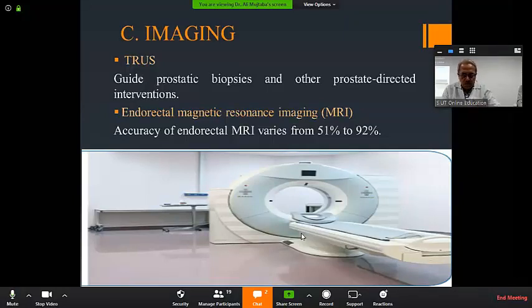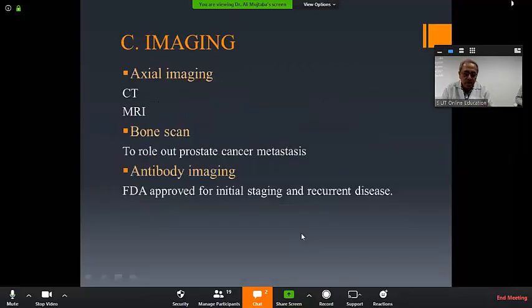So this is the way we all should move, the way the world is moving and the way we are moving. We don't have multi-parametric MRI, but we have PET scan, but the PET scan should be used judiciously and with some science behind it. Yes, please proceed.